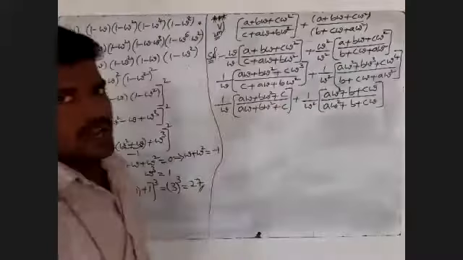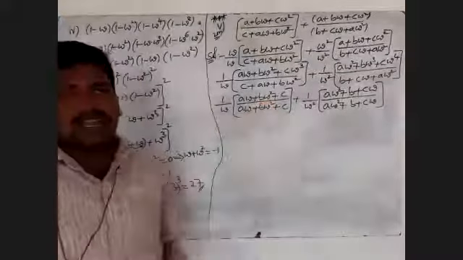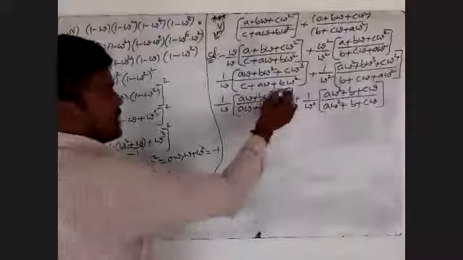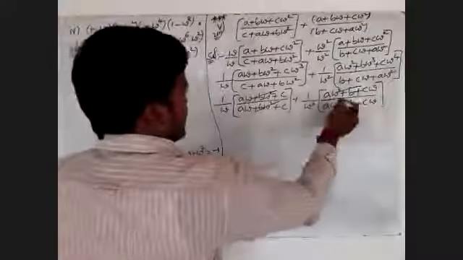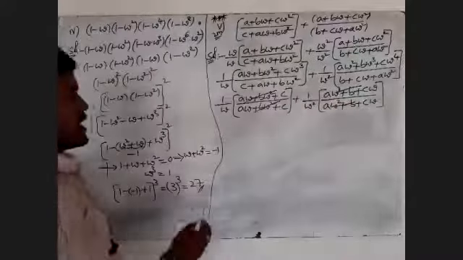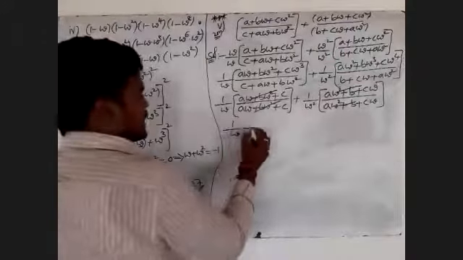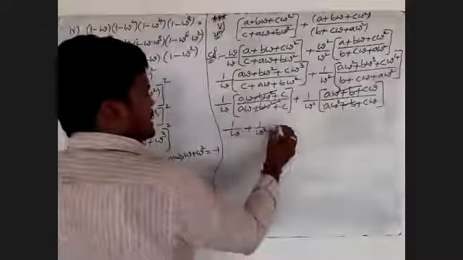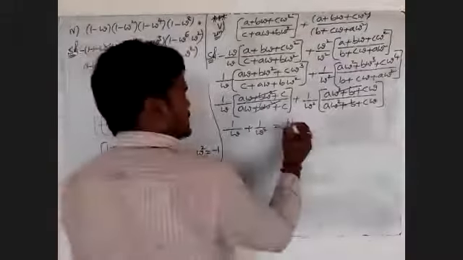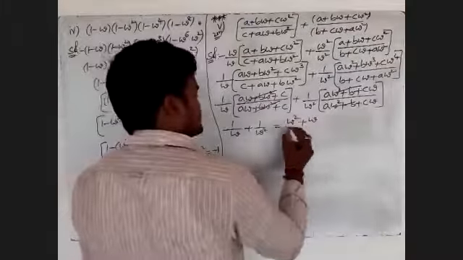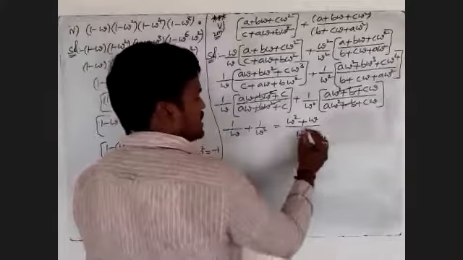Right, we observe that the numerator and the denominator, both terms are equal. Both will be cancelled. Here also both will be cancelled. I have to write 1 by omega plus 1 by omega square. Here using cross multiplication, what do I write? Omega square plus omega by omega into omega square, which is omega cube.